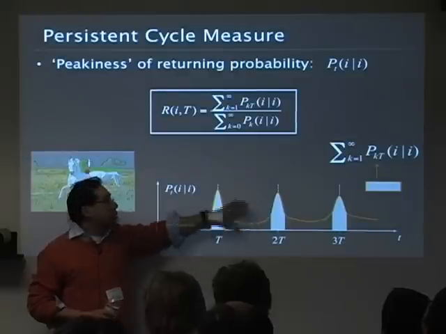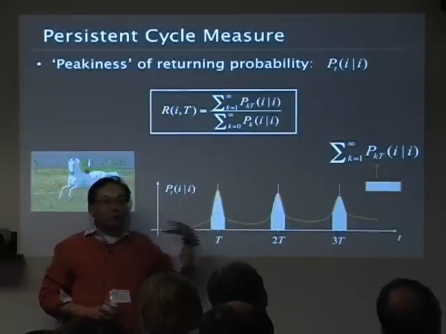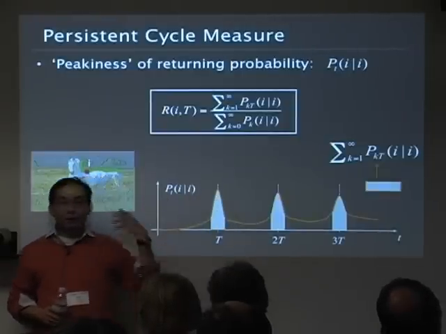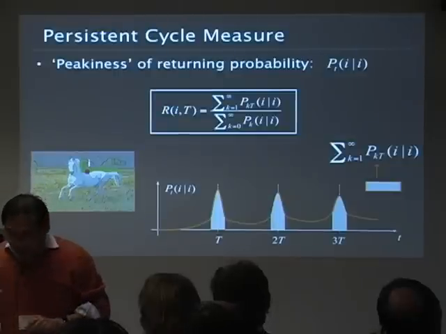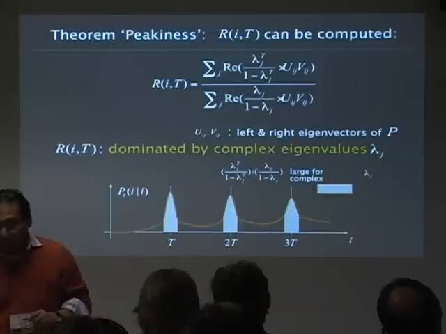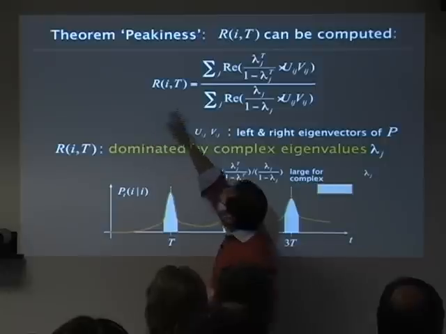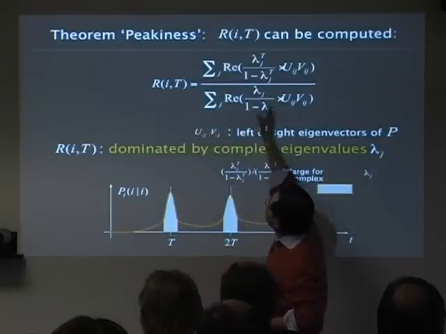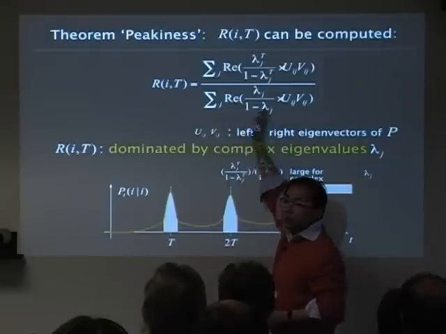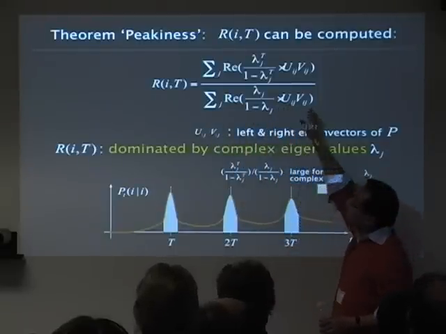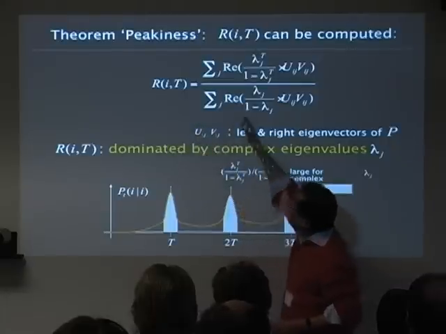Okay, so the question now is how do we compute this, right? You can write a computer program to simulate the random walks, looking for the chance of returning. You can do that, but it's going to take a lot of time. That's one way to do it. Fortunately, we proved a theorem which shows that the peakiness or time-to-return ratio is actually related to this nasty equation. This is never a good time to show an equation, but this is the equation I have to show once. So this equation shows essentially you can predict this R by this ratio,